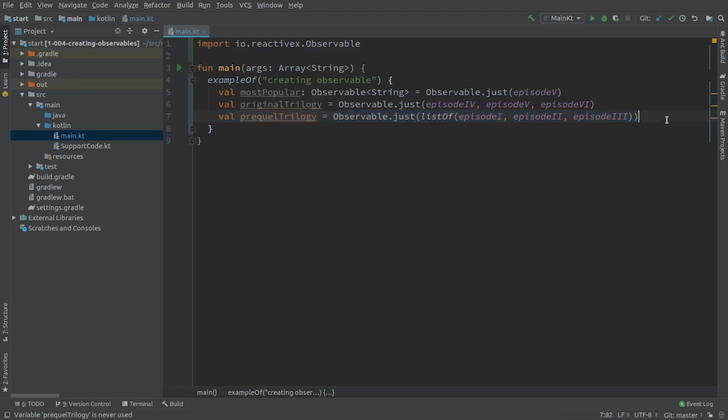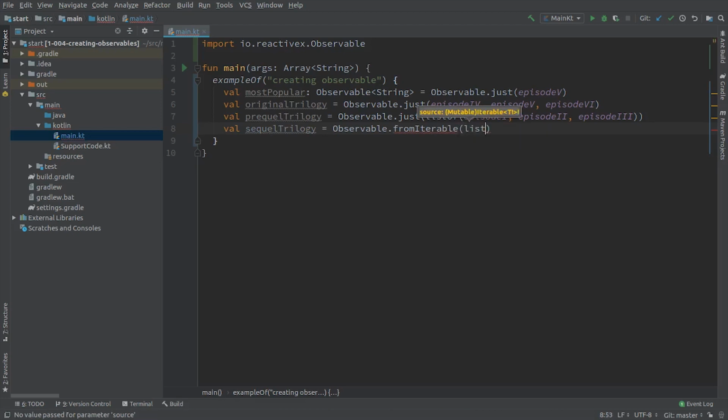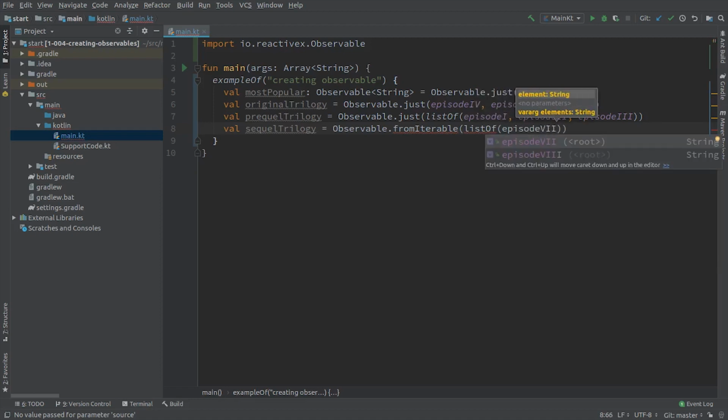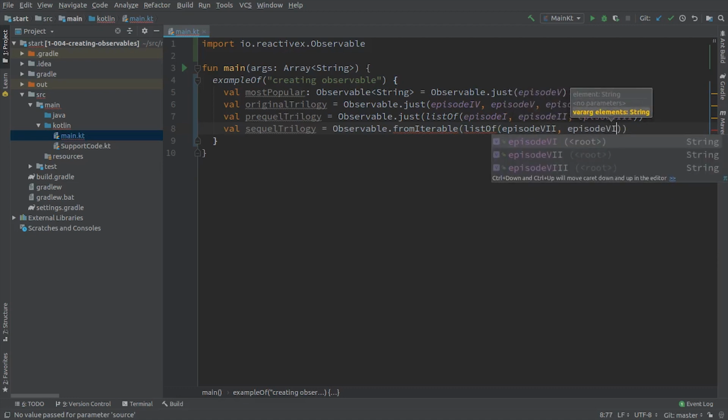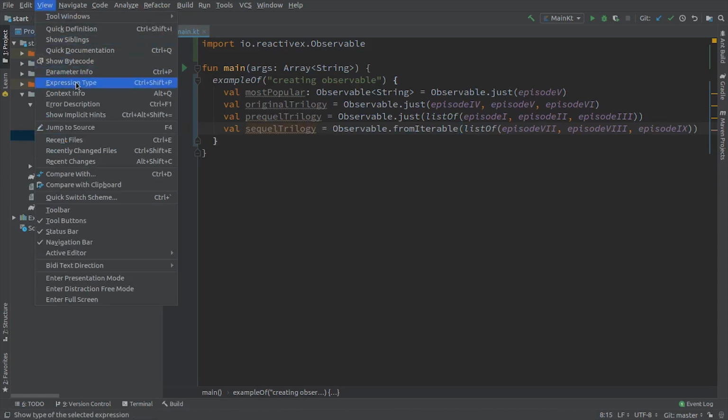So what if you wanted to create an observable of a type from a list of that type? Add this code that uses the fromIterable operator, which does exactly that. It takes an iterable of values like a list and creates an observable of the type of that iterable. Check the type on sequelTrilogy and see that it's an observable of string, just like the first example using